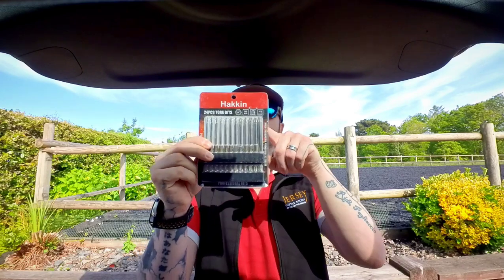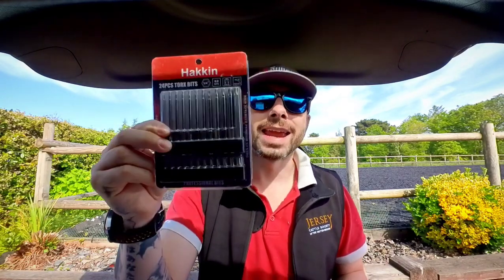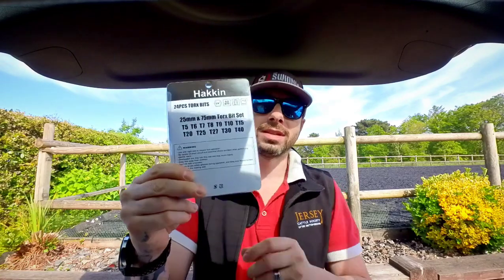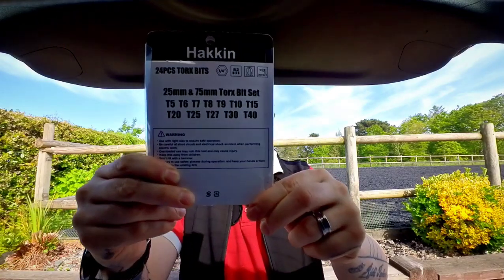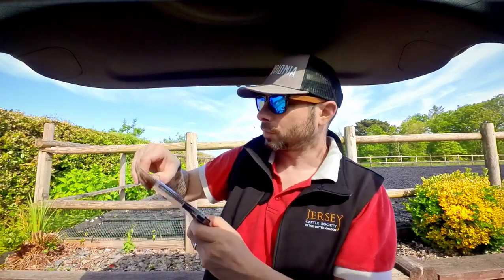Torx, 24 pieces Torx bits, Hakkin. That's what's inside them, if you're interested. You know what? They're cool. They do the job. You take them out like this. You got the long ones here,